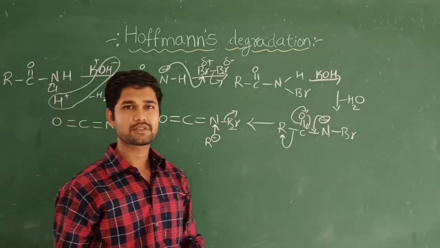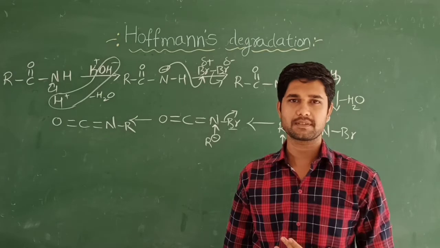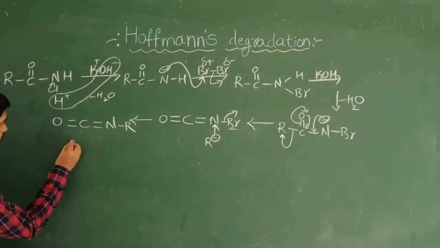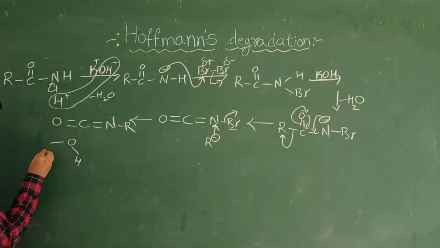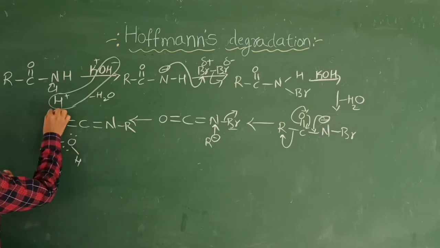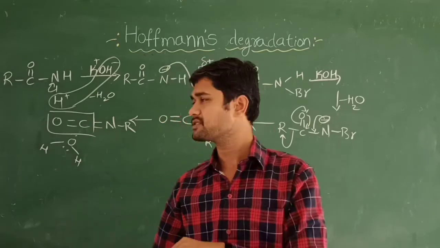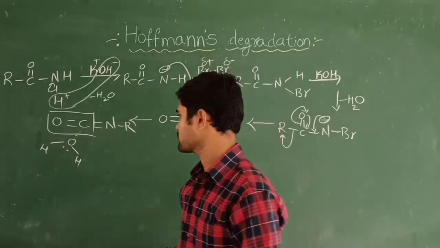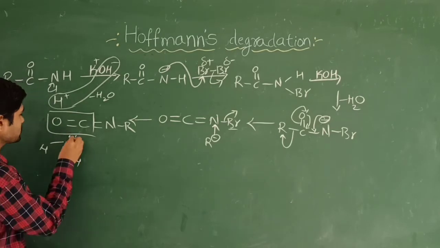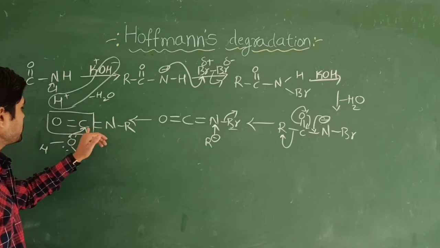So now I am going to use the water molecule, because hydrolysis gives the H plus ion. Once again we are going to get the primary amine. So now I am going to use this water molecule, and you know that this is a carbonyl function. In the carbonyl function, carbon has a slightly delta positive charge and oxygen has the negative charge. So this lone pair of electrons from the oxygen atom is going to react with this carbon atom.